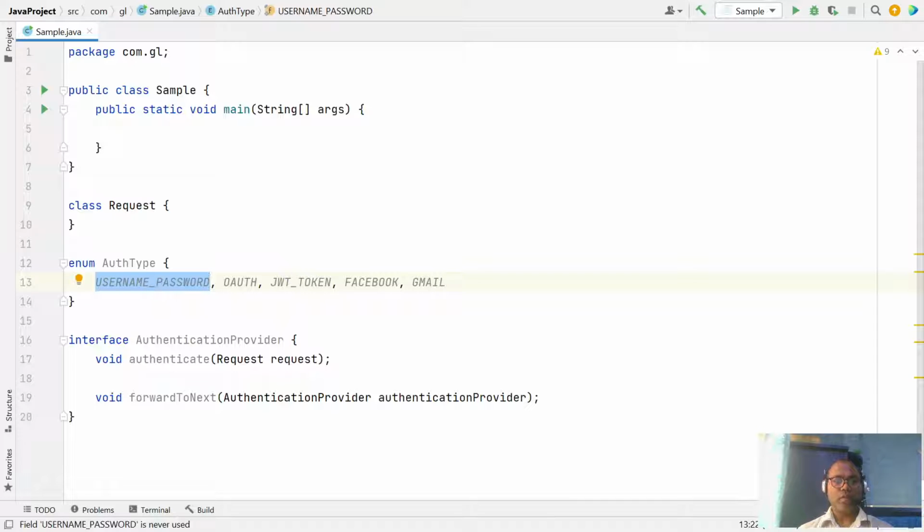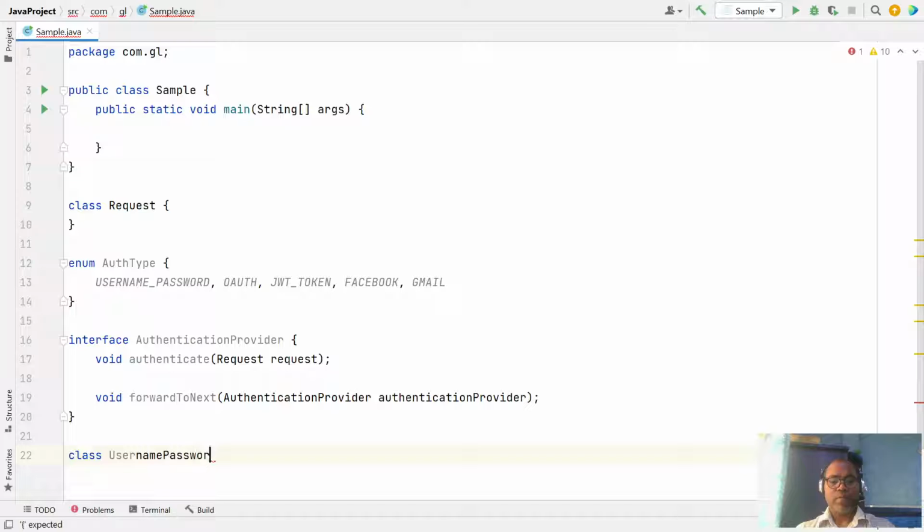So let's implement one class, username password authentication.